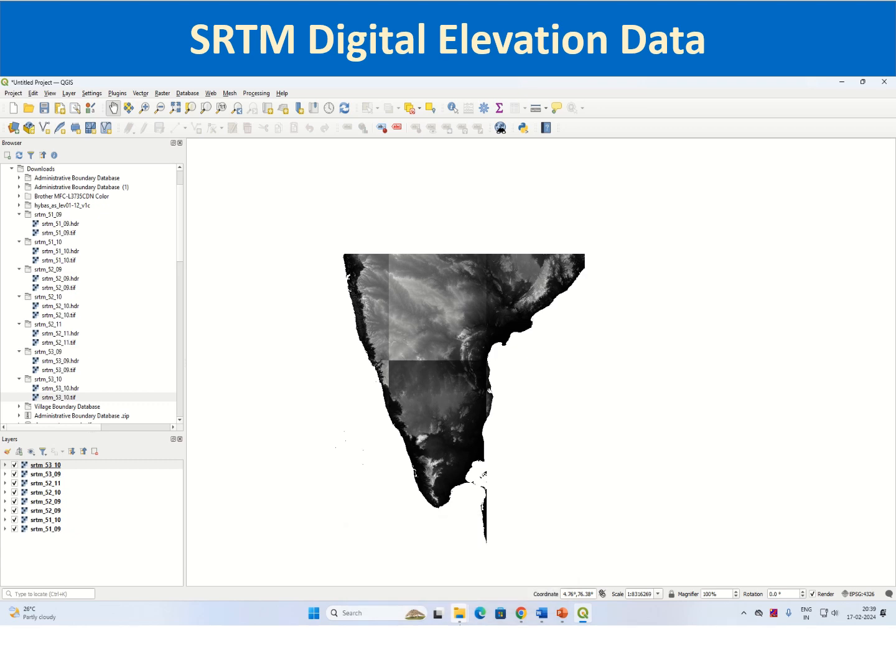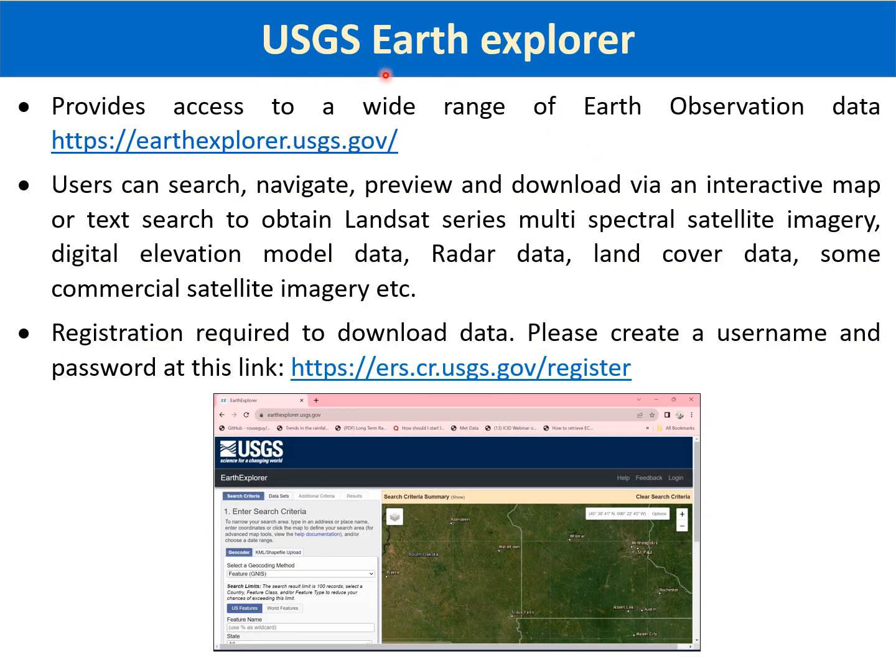Now let us move to USGS Earth Explorer, which is useful for accessing many of the open access raster data, the satellite imagery. It provides access to a wide range of Earth observation data. This is the URL to access USGS, United States Geological Service Earth Explorer. Users can search for data, raster data, navigate, preview, and download via an interactive map canvas